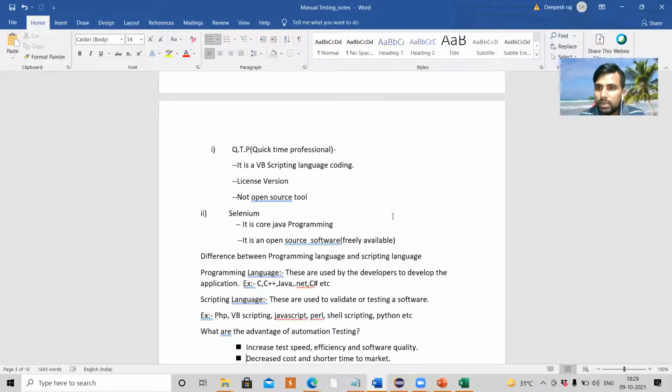So when we do automation testing on any application, we are going to deliver a quality product. Cost wise also: in manual testing, if we have to test one application and it contains around 100 features, how many test engineers do we need? We need at least 5 to 6 test engineers to test that application, and they are also going to take more time.